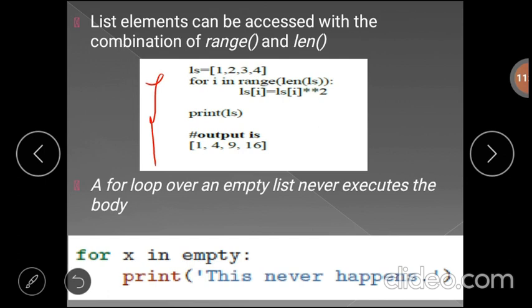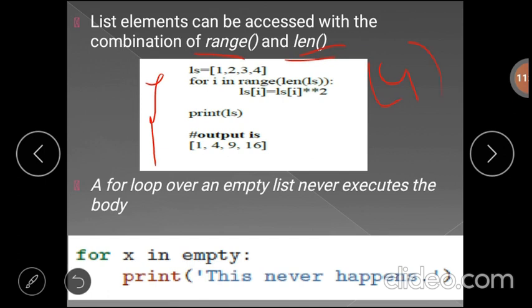Here we are using 2 methods, the range method and the len method. The len method returns the total number of elements present in the list, and the range method reads the values from 0 to that particular range. In this example, the len method will return 4.